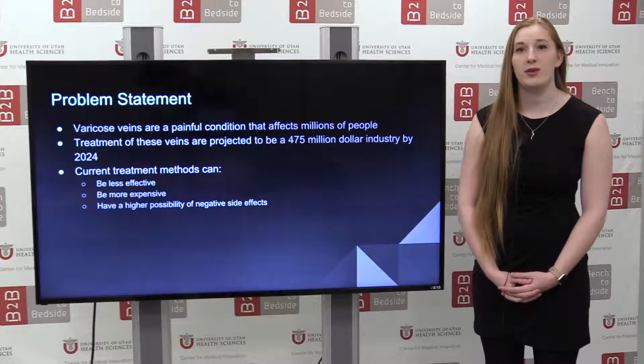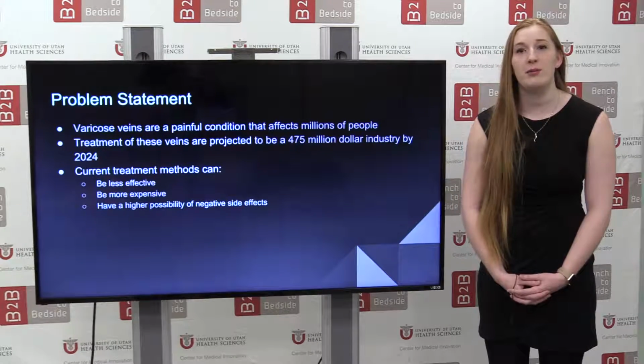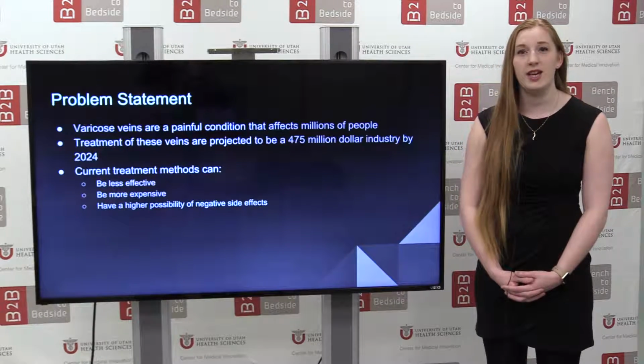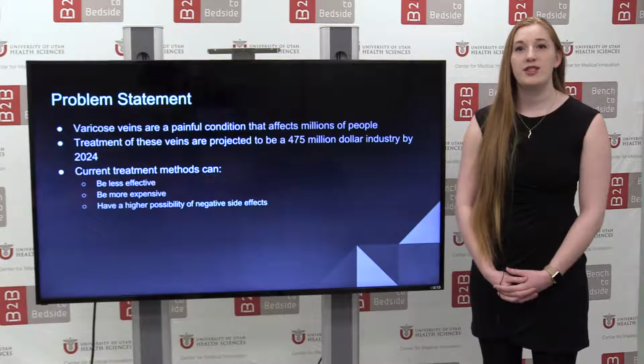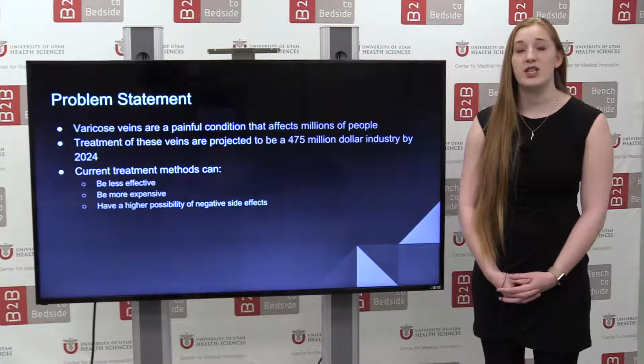Radiofrequency ablation is one of the most expensive forms of closure for varicose veins, as it requires a highly expensive piece of equipment used to power the ablation that initially costs the physicians between $20,000 and $30,000 to obtain. The procedure can cost between $1,500 and $3,000 out of pocket for the patient, and sometimes recurs, which entails another